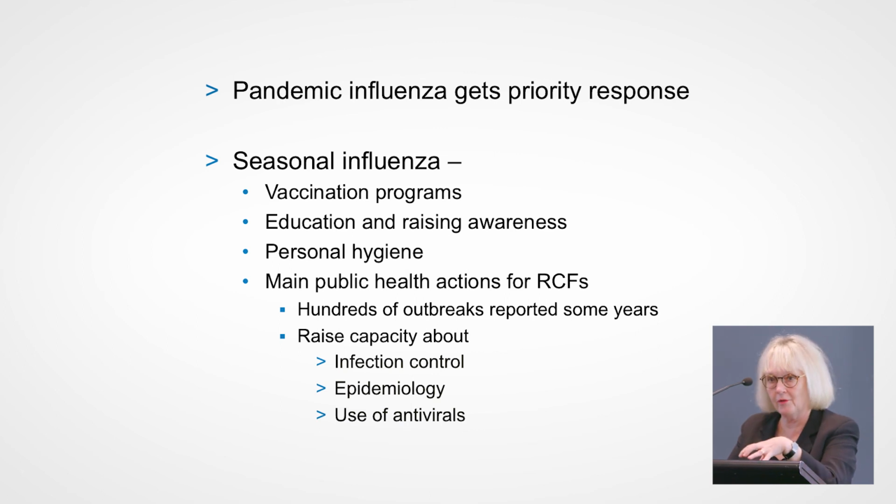We don't get involved very much with individual cases, but we do get involved in promoting vaccination, education, awareness raising, promoting personal hygiene, which is very important, and our most important public health action as a CDCB is involved in